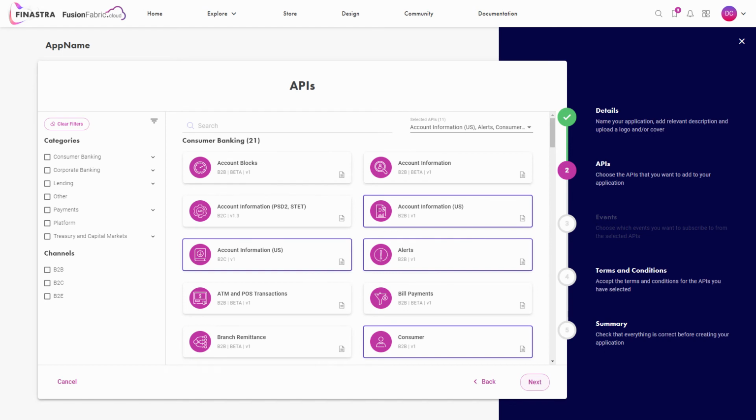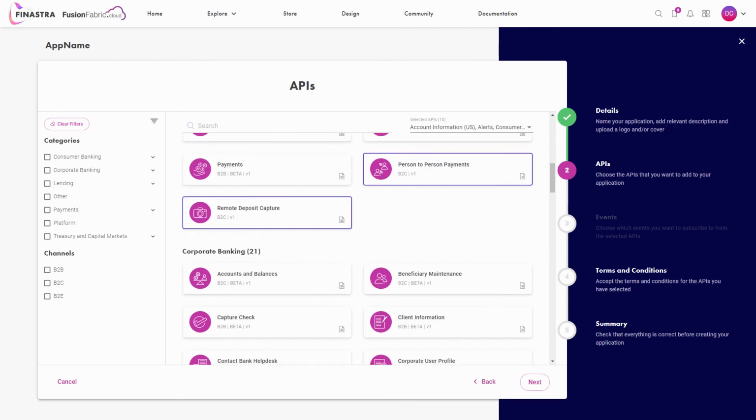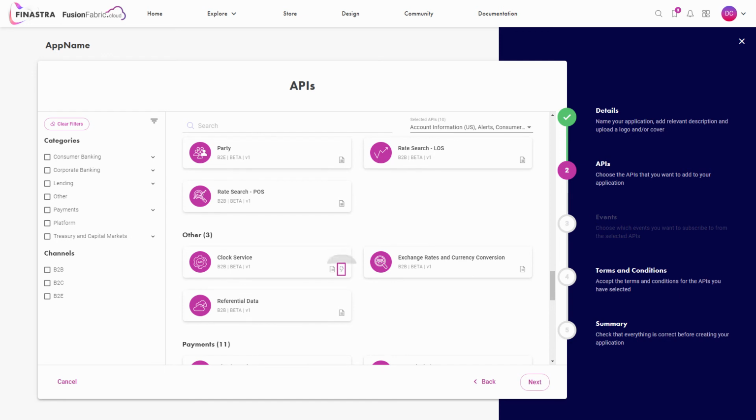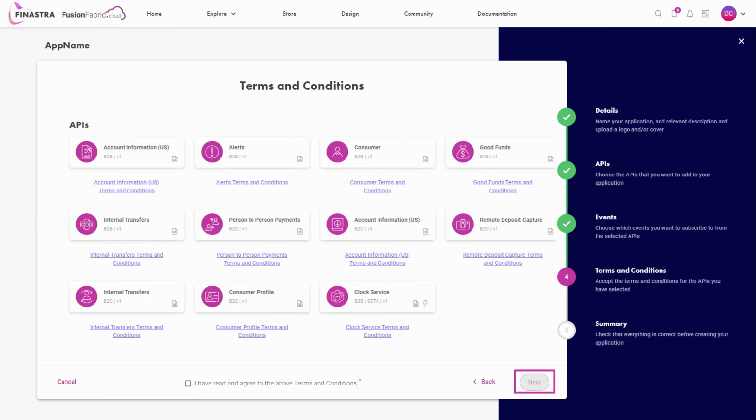In this step, you can further customize the selection of APIs. The solution APIs are already selected here. You can remove or add some more. Some APIs have events or push notifications associated to them. You can identify these APIs by the lightning icon that is displayed on their cards. If you select an API of this type, in the next step you are prompted to subscribe to the events in order to receive notifications anytime they occur. When you are happy with the APIs, click Next to acknowledge their terms and conditions.